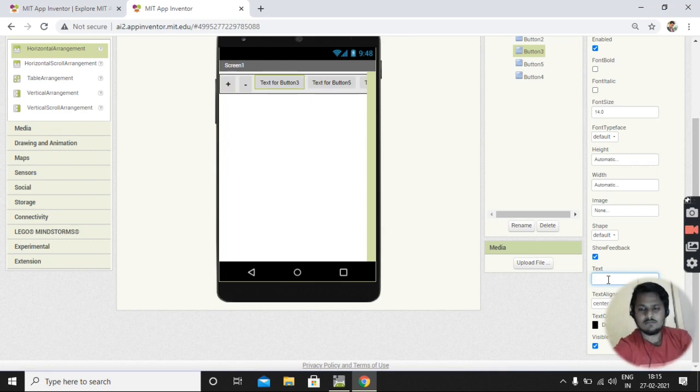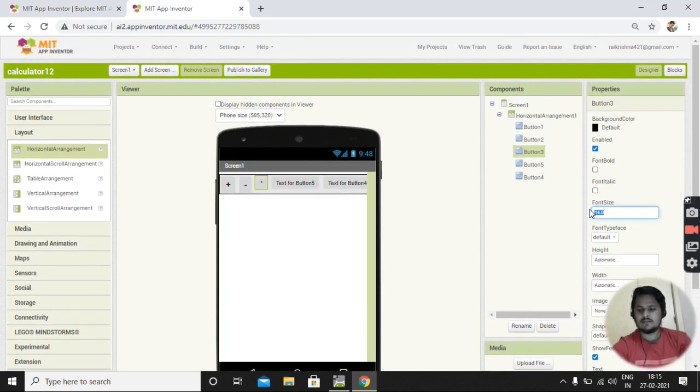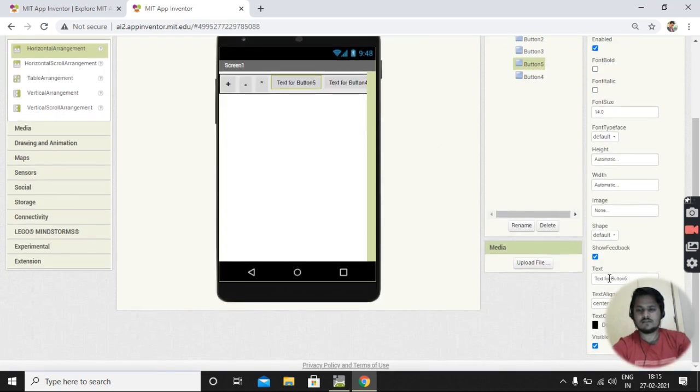What are we going to give? Multiplication. So multiply. Same, 21, and font should be bold. Now see. For the fourth one, what are we going to give?